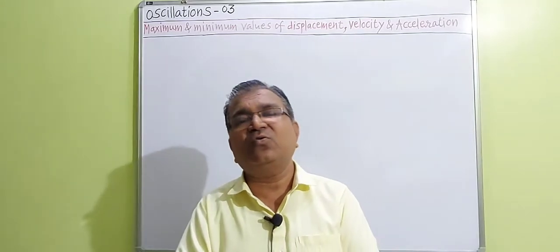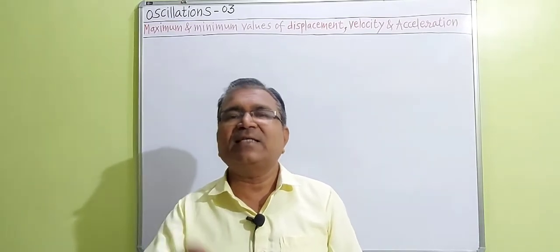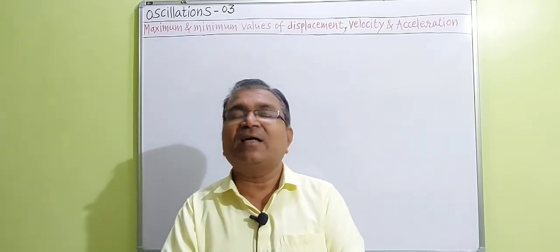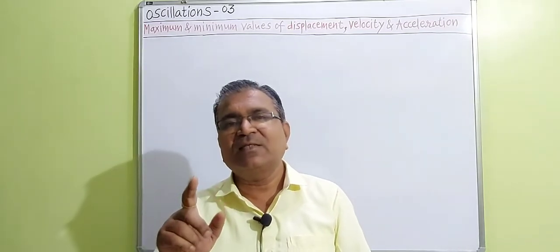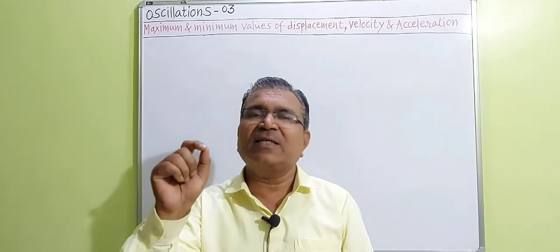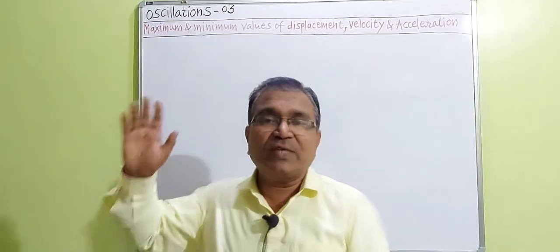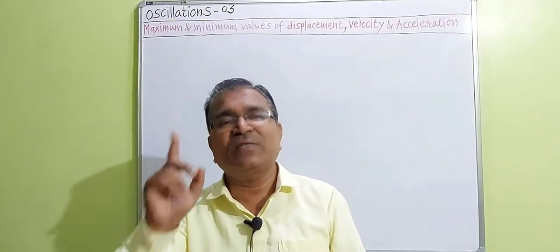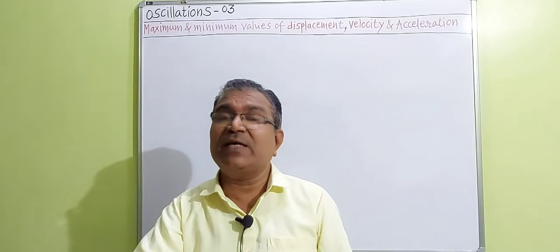In lecture number 2, we derived 3 equations of 3 physical quantities, that is acceleration, velocity and displacement, and also we learned 2 cases of displacement: when the particle starts from mean position and when the particle starts from extreme position. Now we have to learn what the maximum and minimum values of displacement, velocity and acceleration are. Listen carefully. I will write on the board at first